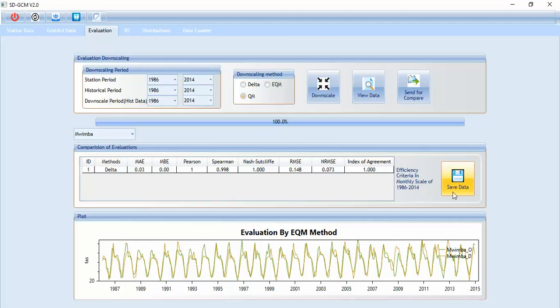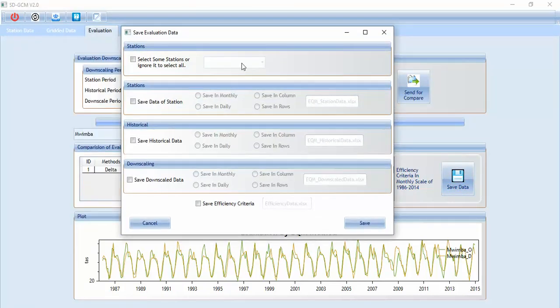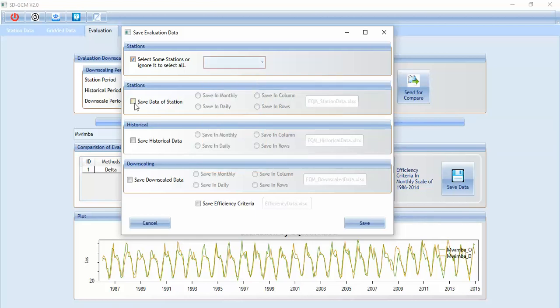if you want to see this icon, click Save Data. You face this window. In this window, if you don't check mark this item here, you can save all the station results. But if you click this icon here, you can select, for example, 1 or 2 or maybe every station that you want here. So I select 4 of them, and okay,